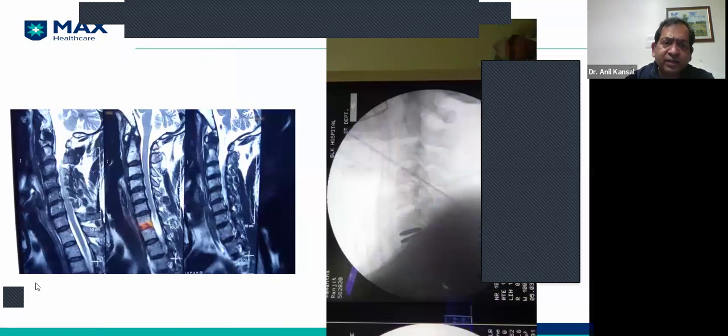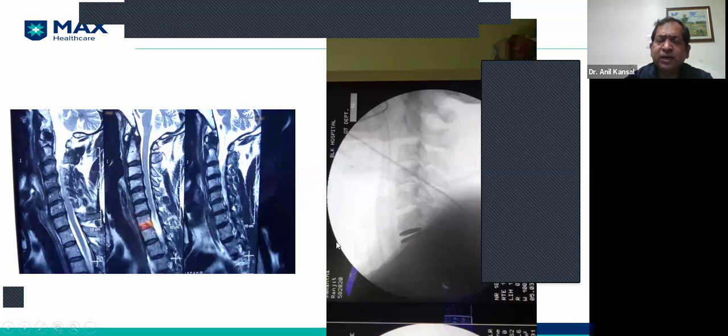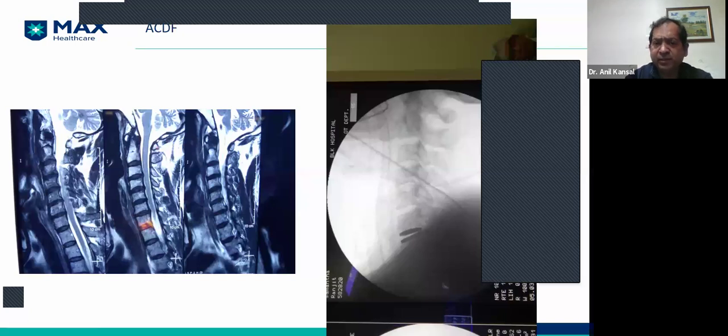These are the cervical disc problems. As you know, multiple disc problems are there, maximum at 5-6 levels. So now what we are doing is disc replacement. The advantage of disc replacement is, number one, we can restore movement at the same segment, which has been restricted otherwise. If we do an ACDF, where we place a graft and fix the bone,